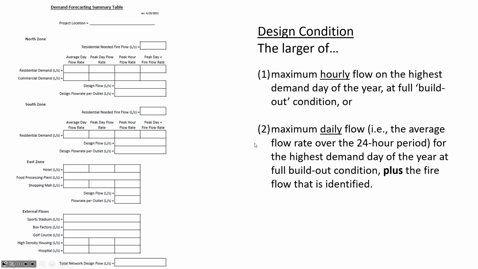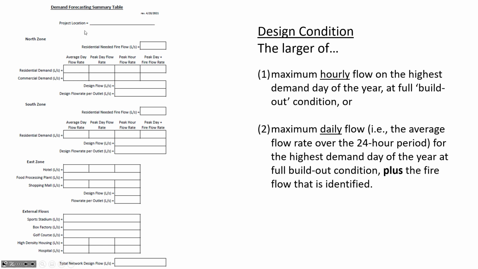But when you change your flow rates, you won't necessarily have to change what's written on here. What you're going to be iterating is the pipe size, not necessarily the flow rates. I mean, you'll maybe have version A and version B of your flow rates, but you probably won't have a lot of different versions of your flow rates. What you're going to have a lot of different versions of is the pipe sizes that you use.